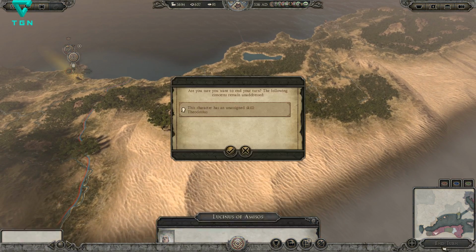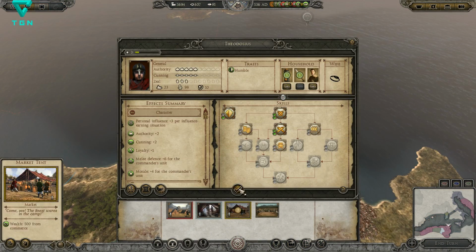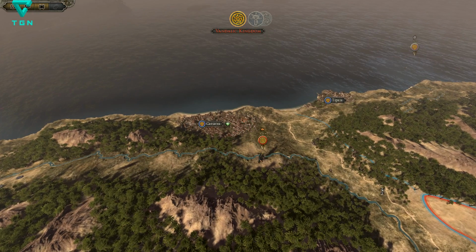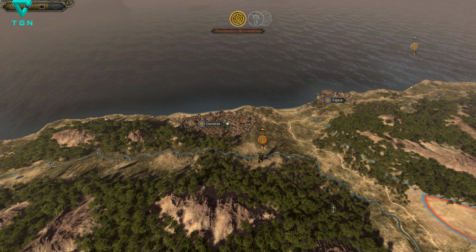Alright. At your command. Let's give that guy the public order one. Again, don't know that it'll do much good since we're just expedition, but who knows? Maybe it applies to the Roman settlements that we're walking through. I doubt it, but